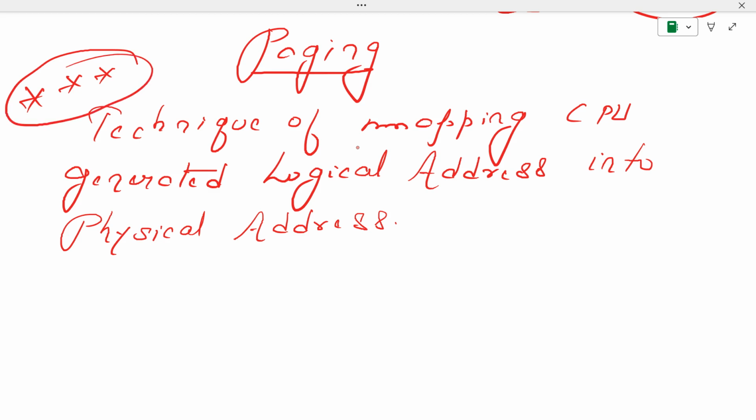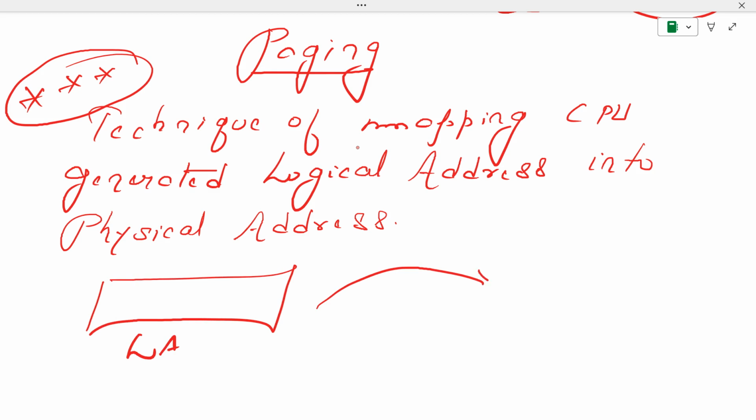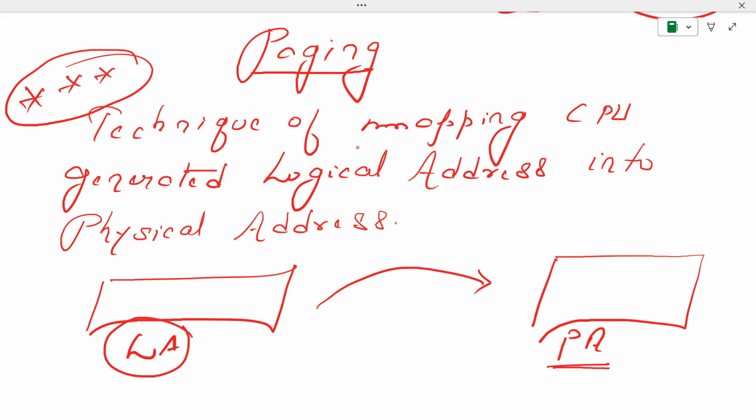This is very important. Now, why does the CPU not just generate the physical address of the instruction or the data? Why does it have to generate the logical address first, and then the logical address has to be mapped to the physical address? So the CPU never generates the physical address directly. It just generates